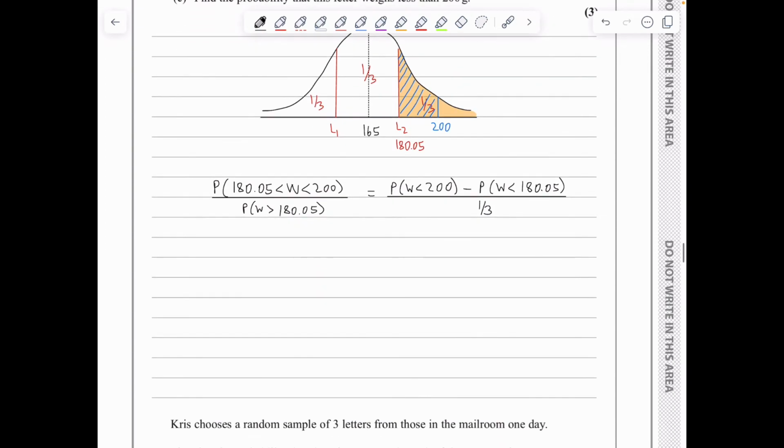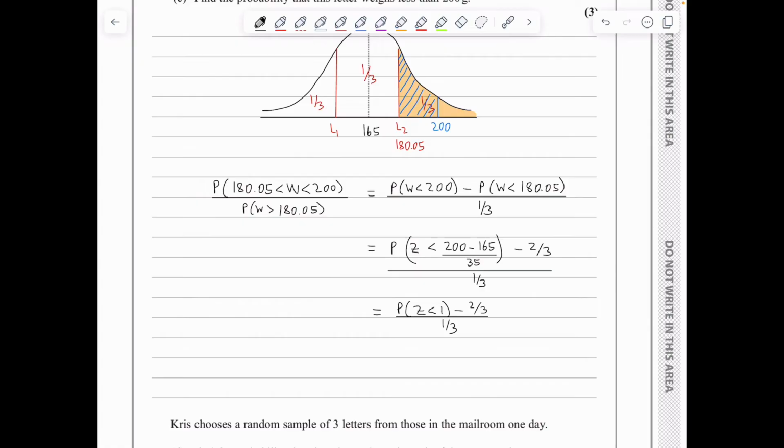Now for the probability of W being less than 200, I will standardize, taking me to the probability of Z being less than (200 minus 165) over 35. The probability now of being less than 180.05 is all of this, so it's just 2/3, so minus 2/3 over the third. This takes me to the probability of Z being less than 1 minus 2/3 over a third,